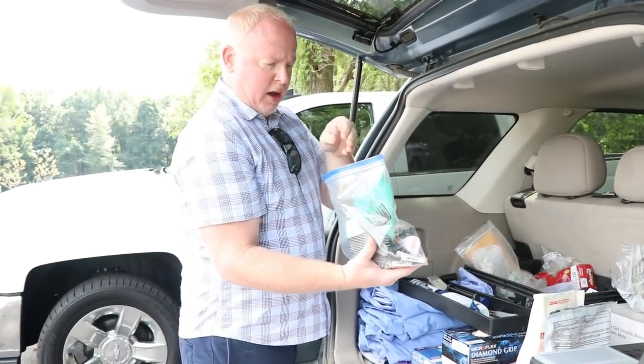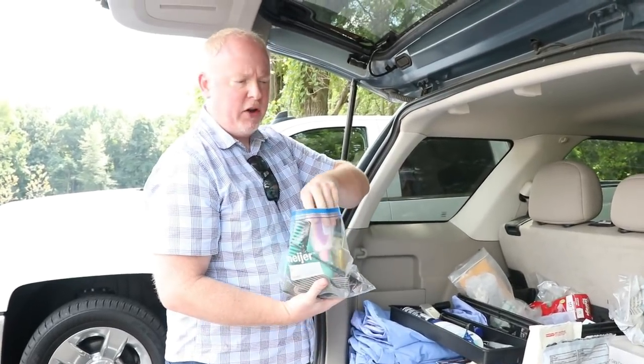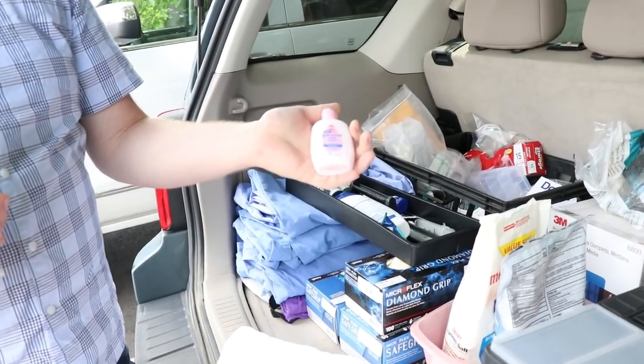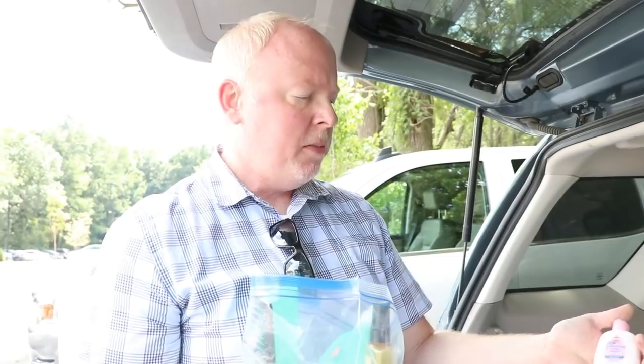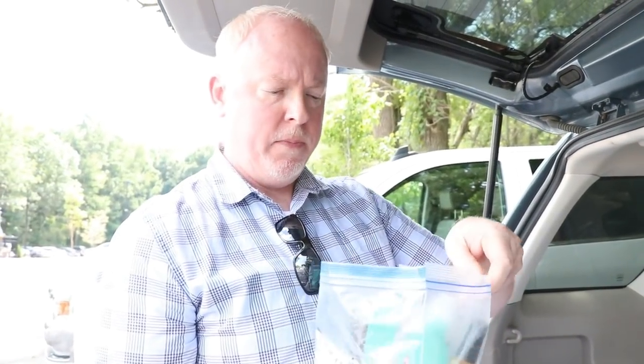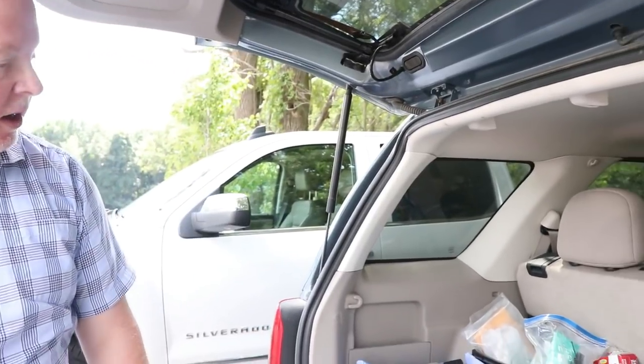And one of the items that I always carry with me, which we all wish we didn't have to use, baby lotion. Unfortunately, we are all called on to care for babies from time to time. And the most important thing is that those babies smell like babies when their mom goes to hold them or touch them. So I like to end the embalming with babies with a nice amount of baby lotion so they smell like babies. And then the rest of everything in here is just, again,